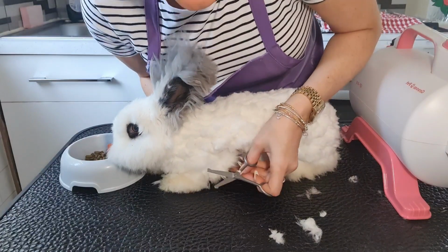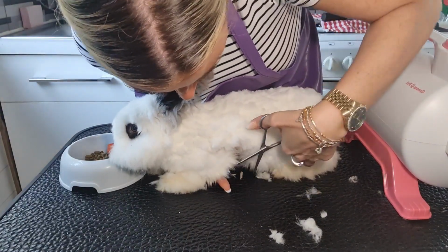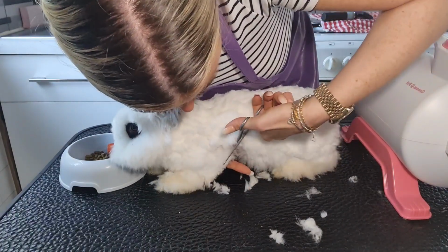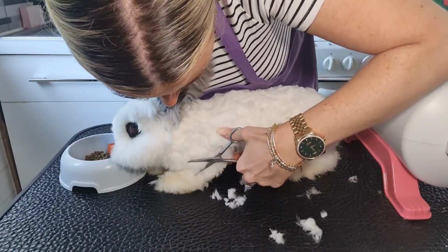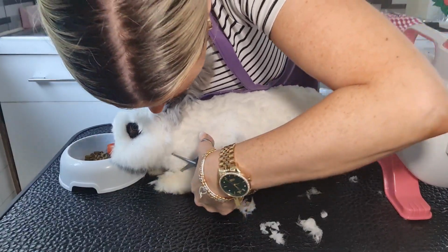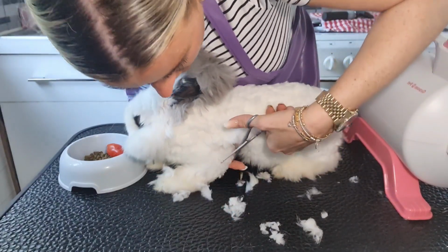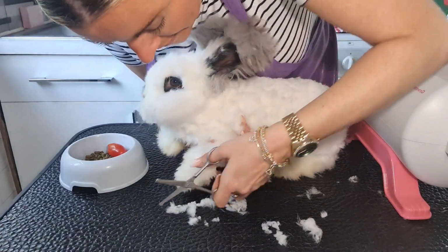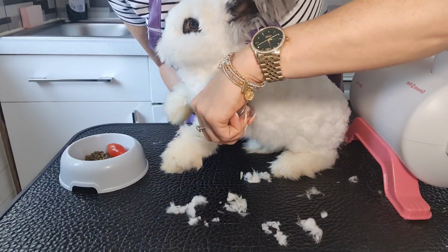And you want to get this little section under here because this is what's going to give it its shape. But you've just got to be extra careful when you're going around this area that you do not snip the skin. But can you see the difference when you've got these bullnose scissors? You can really get in there. Do a bit under your chin there as well while you're being quite good. So I'm going to pull his leg out a little bit. He's not going to like it. I know, stay there. That's it. And if you lift him a little bit like that,